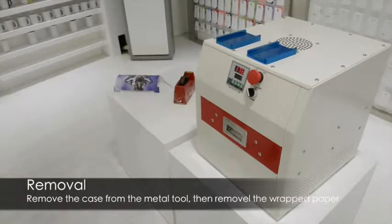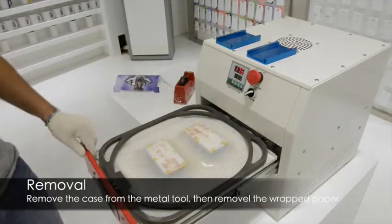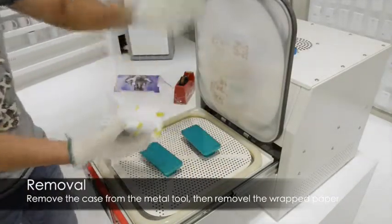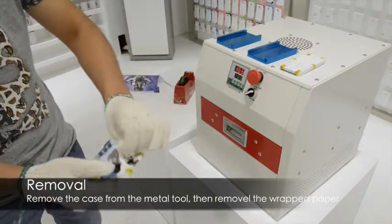So the process is finished. We're going to remove the cases. Turn off the vacuum, put up the top, and remove the cases from the jigs. We want to keep the jigs in there because we want them to stay hot for our next operation. So we remove the paper,